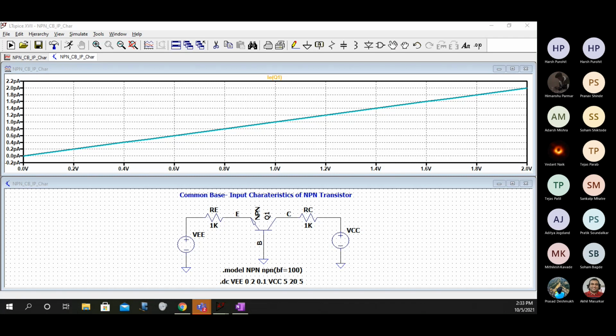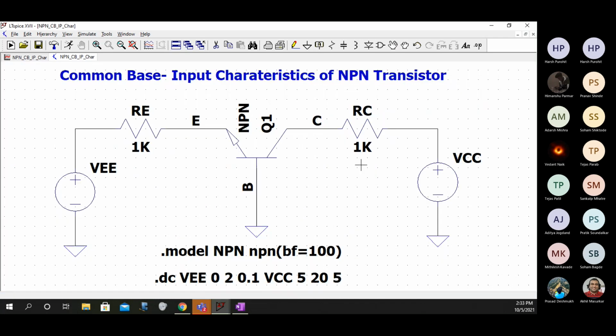Have you all been able to draw this circuit? Yes, sir. V of E, V of C, everything is proper.